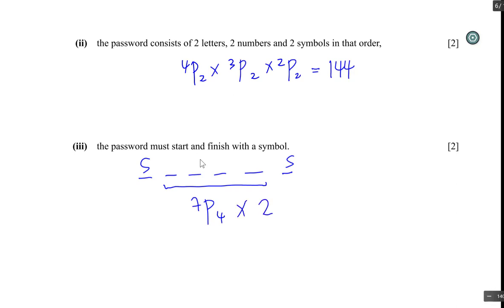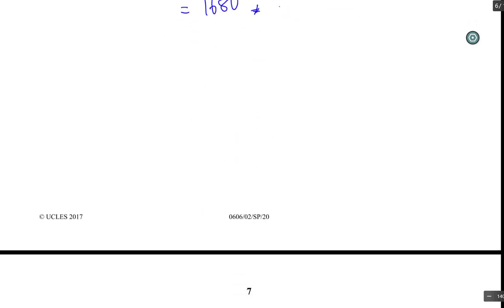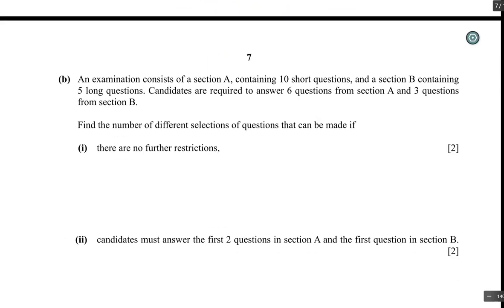Alright, so 7P4 times 2. Or you can do 2 factorial also. 1680. Okay, these are considered quite common and very easy permutation questions. Alright, okay, for part B here,